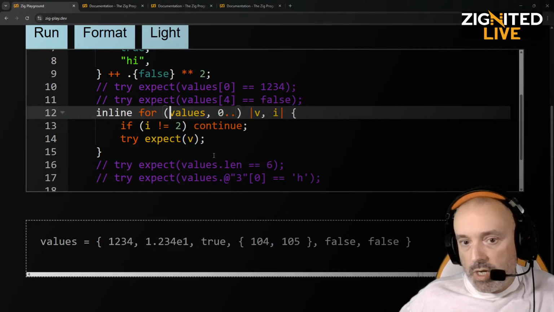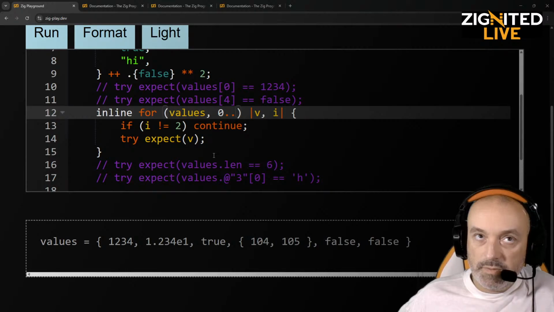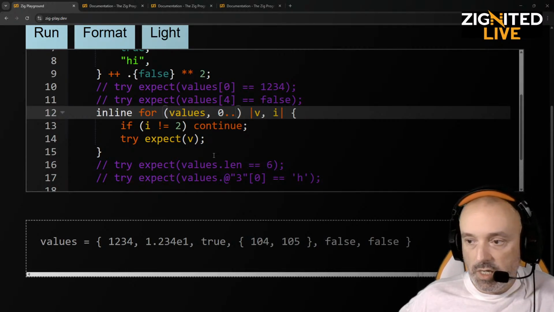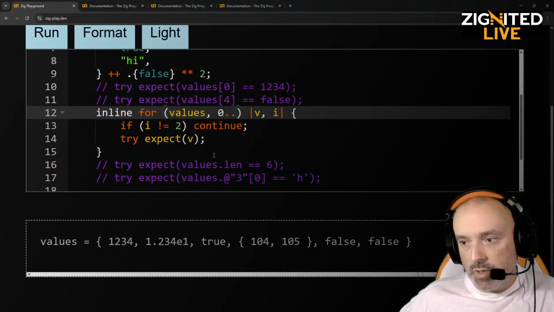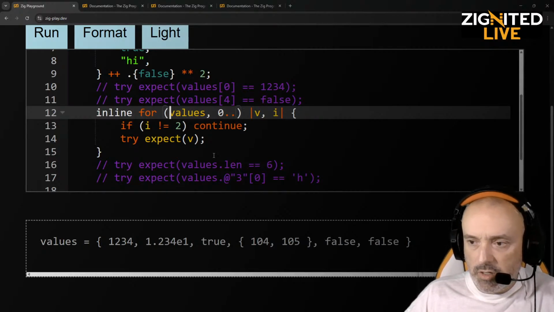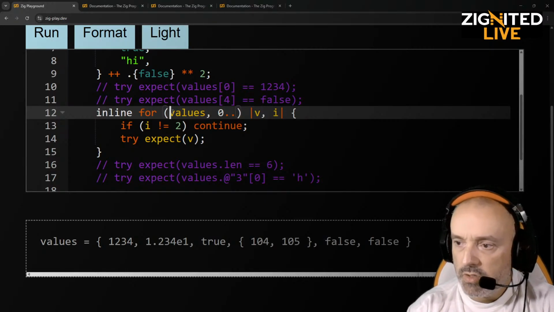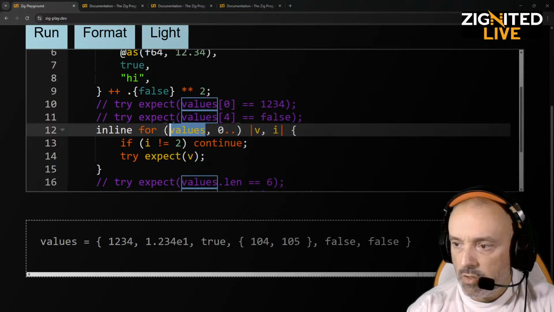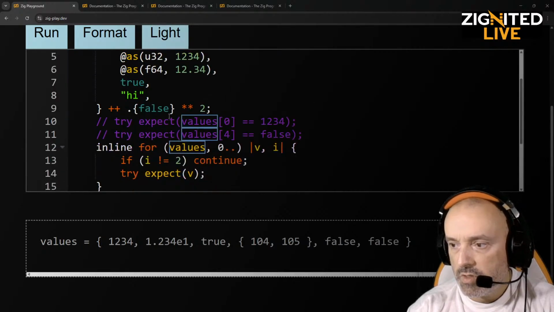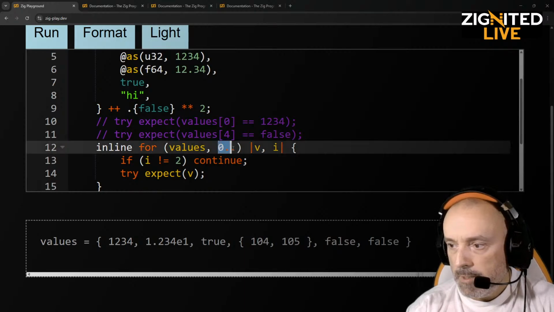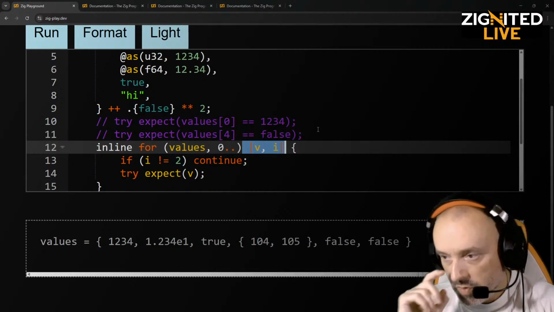Inline for. I haven't played with this inline, so I have to check what it does. But let's try to figure out what the for part does without this inline. This inline obviously modifies this for loop somehow, but let me try to figure it out without it. So it says go through the values, this one, from the beginning until the end, I believe. So this is the capture group. It takes